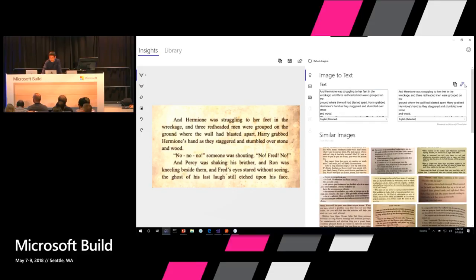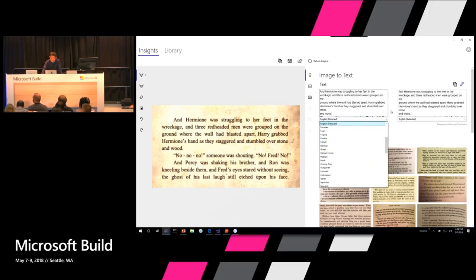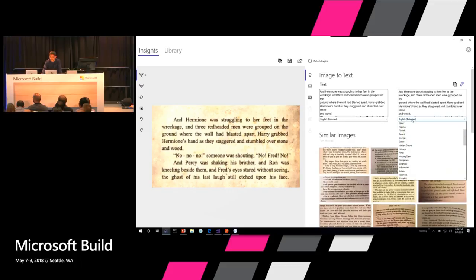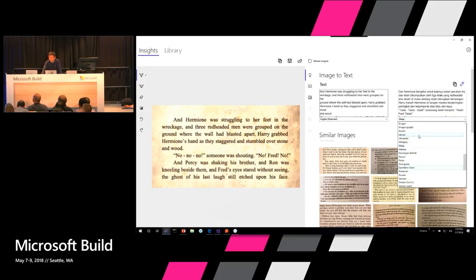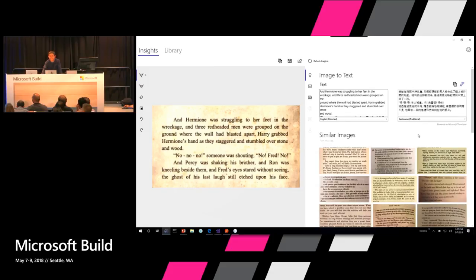And for some of us in the audience, it detected it's English. For those who don't speak English, for example, you could have it in Estonian. You could have it in Hindi. You could have it in Malay, or my native tongue, which is Mandarin, or even Cantonese, right? The point here is that with these things infused into the tool, you can do wonderful stuff here. Let's see what else it can do, right?